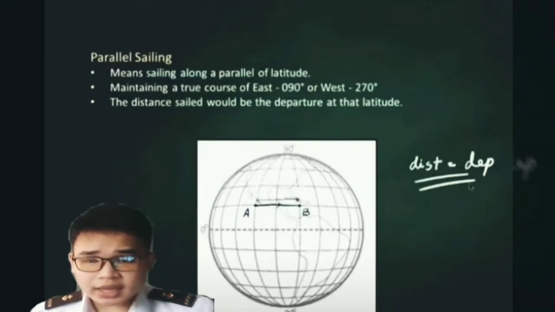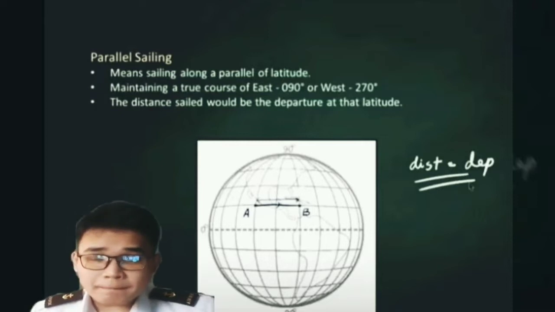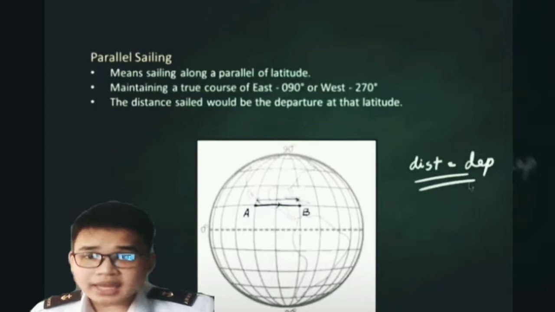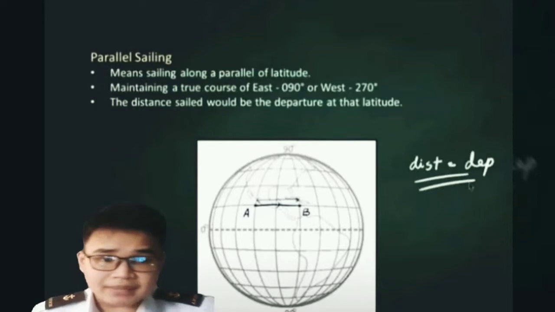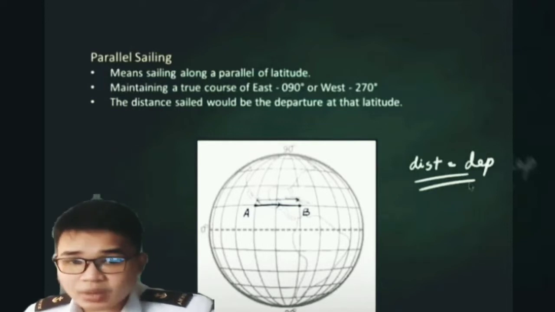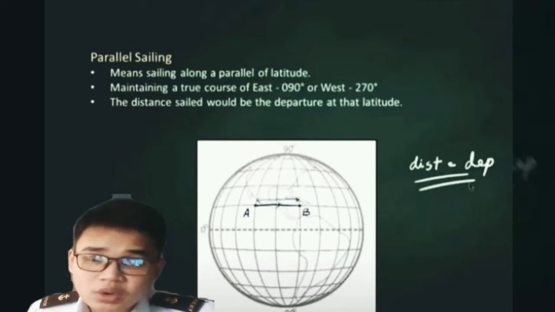So what is parallel sailing? Parallel sailing is basically sailing along a parallel of latitude. Through parallel sailing, navigators travel from one location to another along a latitudinal parallel. This implies that one would be traveling directly westward or eastward. Eastward is 90 degrees and westward is